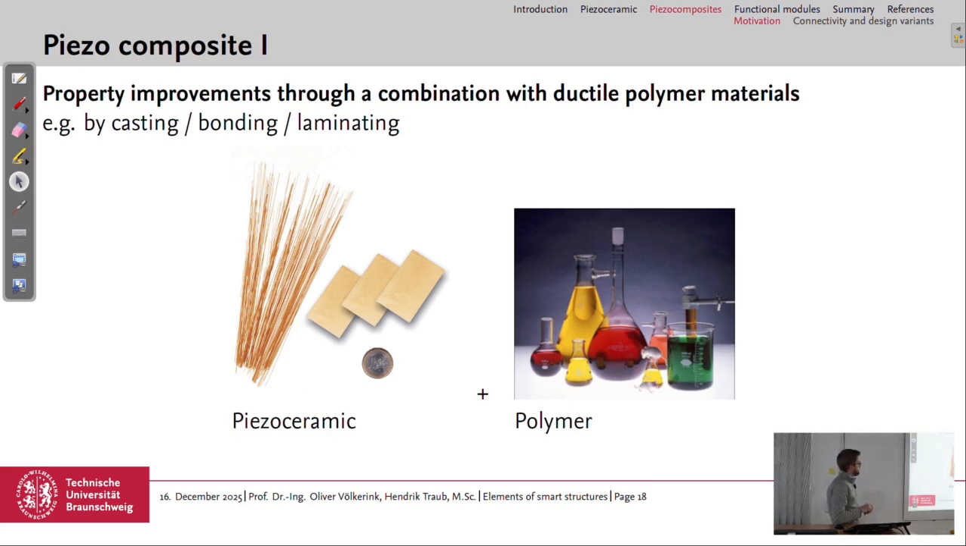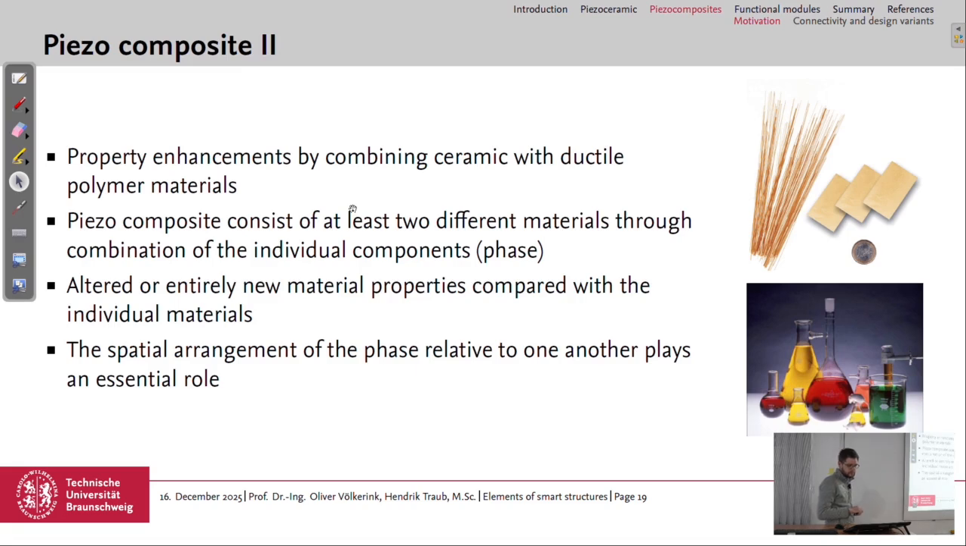And to make the piezoceramic really usable for our applications, we improve the properties through the combination of the piezoceramics with a polymer. And then we have a piezoceramic polymer composite, for example, by casting, bonding, or laminating. The properties are enhanced by combining these ceramics with the ductile polymer material. So we have the brittle ceramics with the ductile polymer. The piezocomposite consists of at least two different materials,